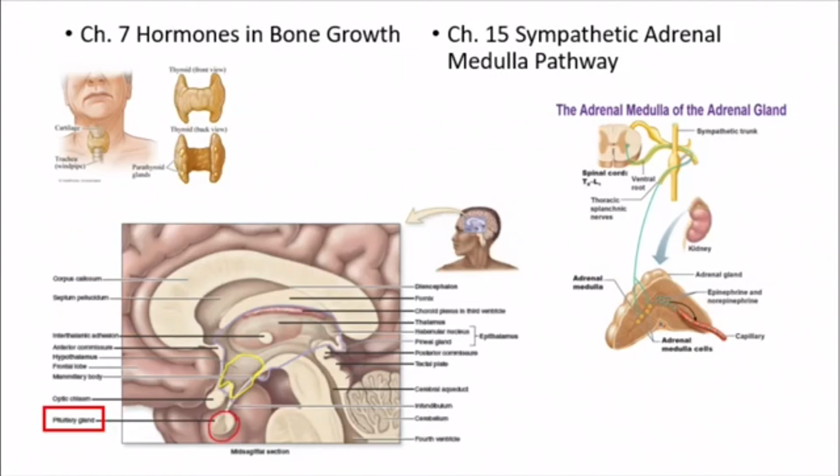The prefix ad is kind of around or to the side, and renal is what we call the kidneys. So adrenal means that they sit on top of the kidneys, and in chapter 15 we'll address this because of